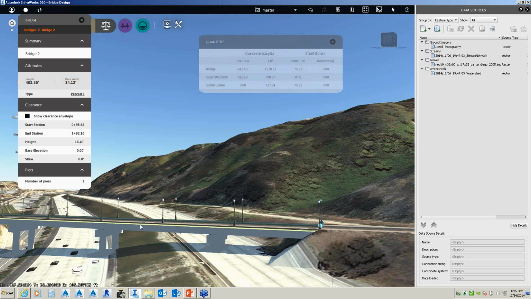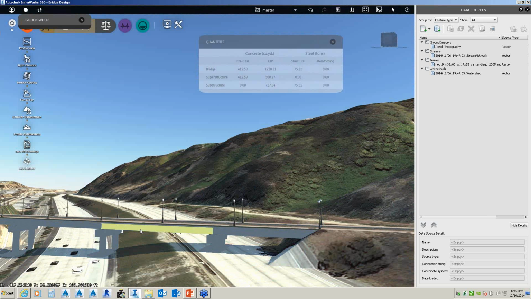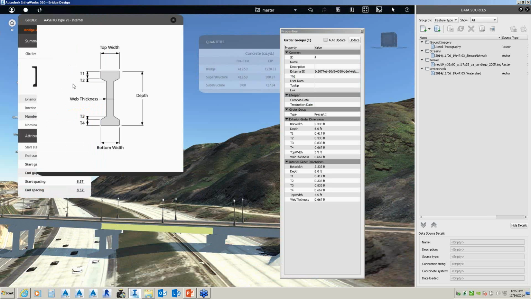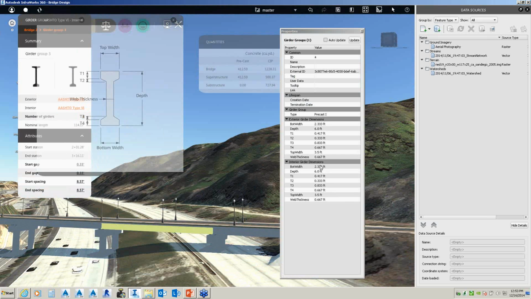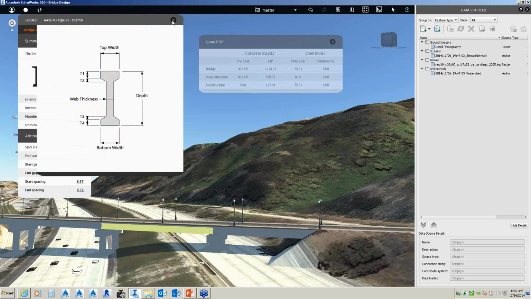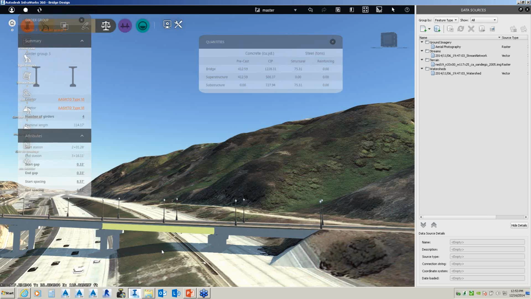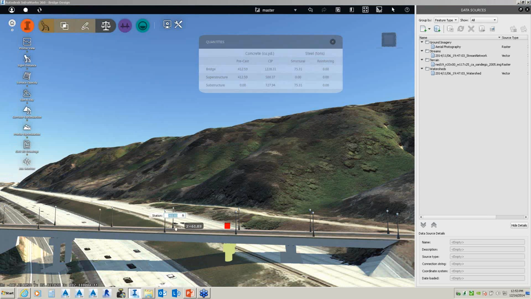So if I pick on it, I can actually tie in to my AASHTO type for my bridge girders. So if I wanted to get even more detailed, I can go in and start laying out and designing for my girders. So a lot of functionality in reference to your bridge modeler. So one of the things I want to be able to do, if I pick on that, I can just drag that over. So a lot of flexibility.